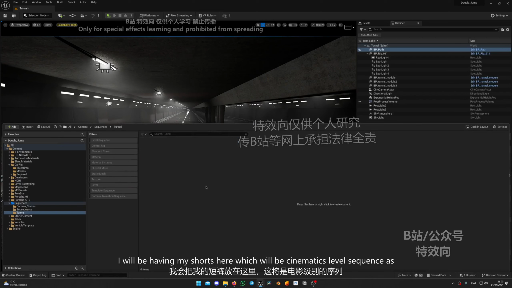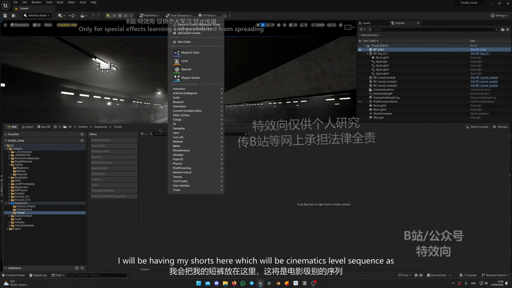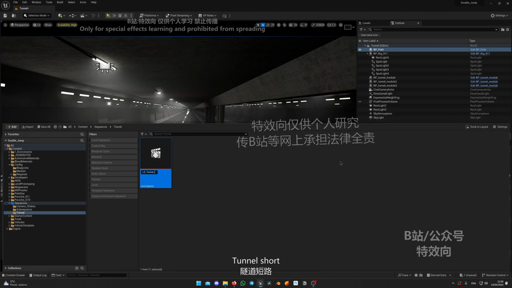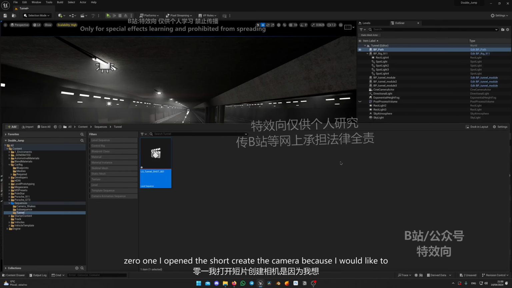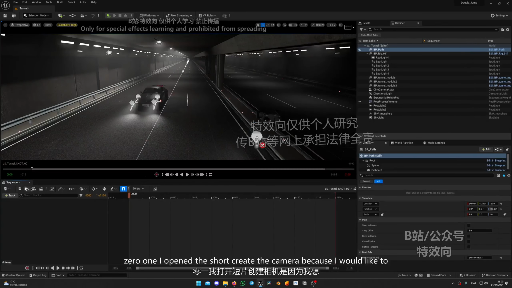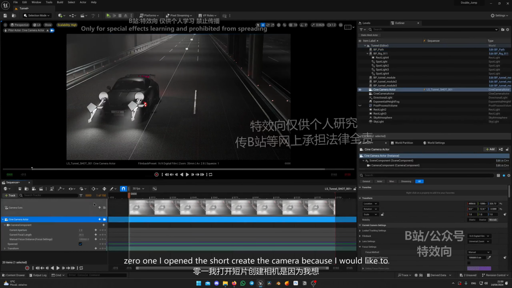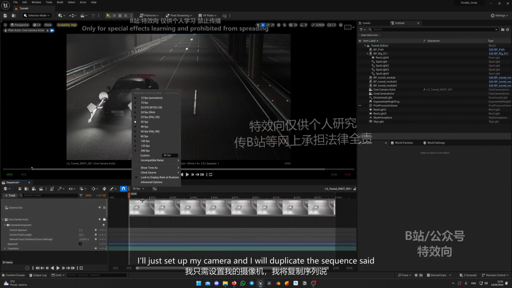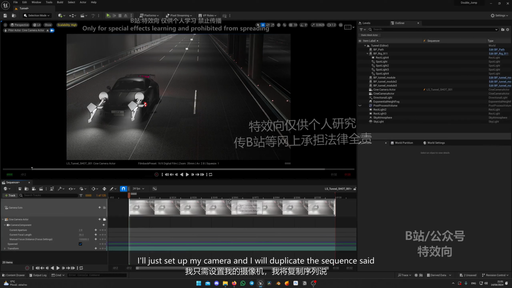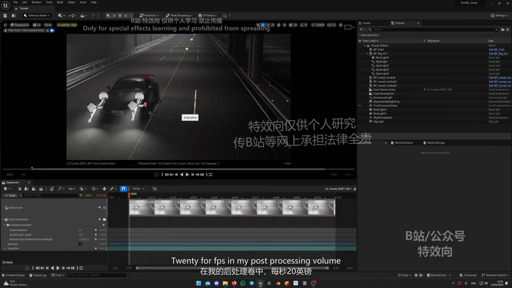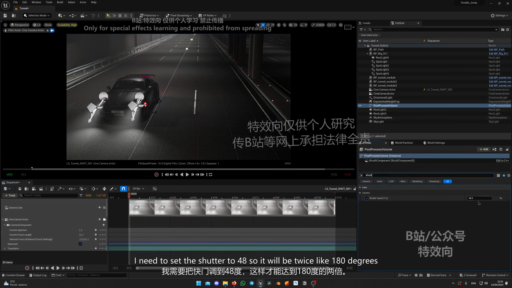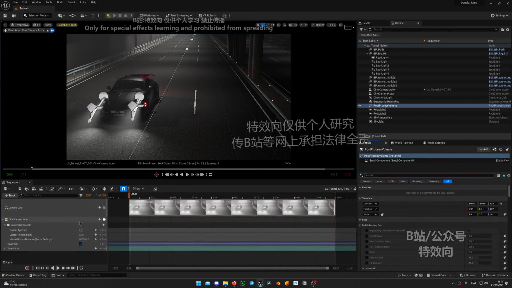There I will have my shots, which will be cinematics, level sequence, LS, tunnel, shot 001. I open the shot and create the camera, because I would like to not do any changes afterwards. I'll just set up my camera and duplicate the sequence, set 24 FPS in my post-processing volume. I need to set the shutter to 48, so it will be twice, like 180 degrees, just like in the